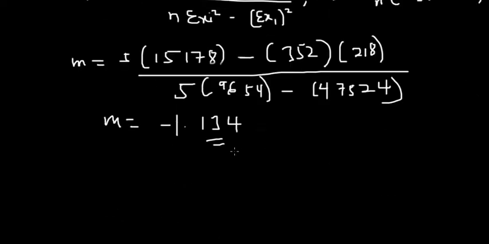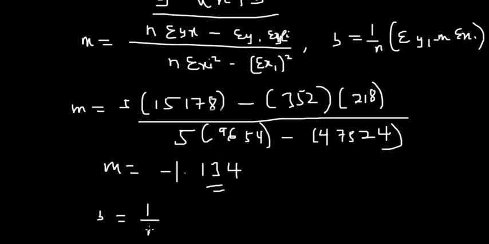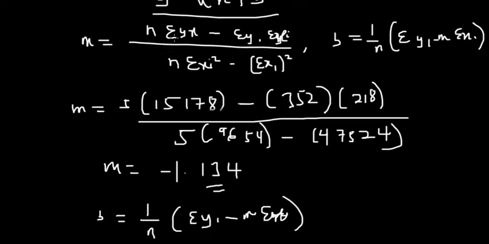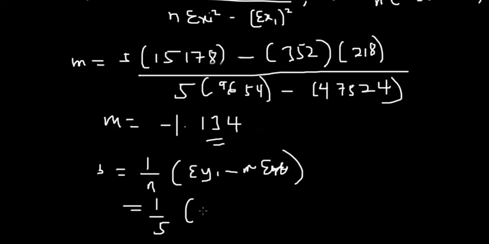Now let's find the intercept. You know that the intercept is equal to 1 over n, times the summation of y minus m times the summation of x. You know that n is 5, so 1 over 5. Then the summation of y, which we found over here, was 352, minus the gradient, which is minus 1.134,